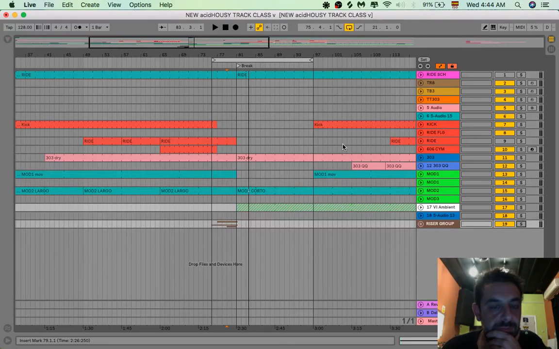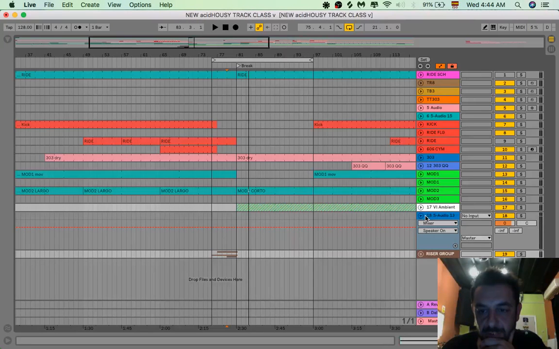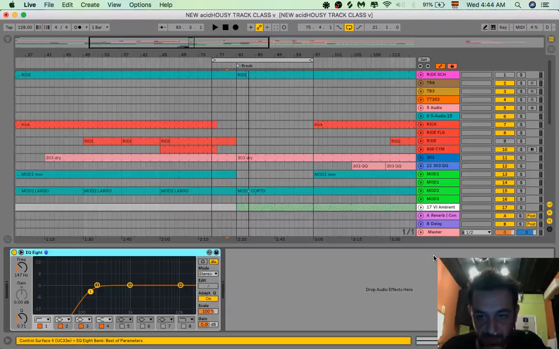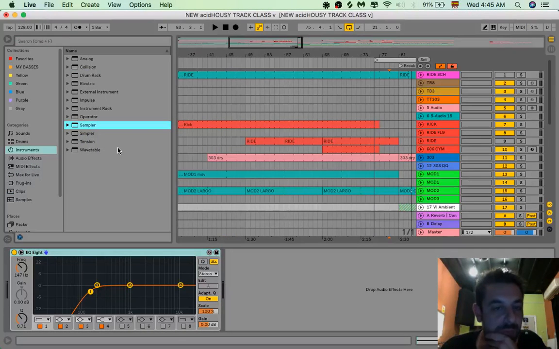So maybe I can use one of these guys. Let's come to the Racer, to the analog. Let's say I want to add different effects. I want to try different effects. I don't want to be loading and deleting effects. I can create like